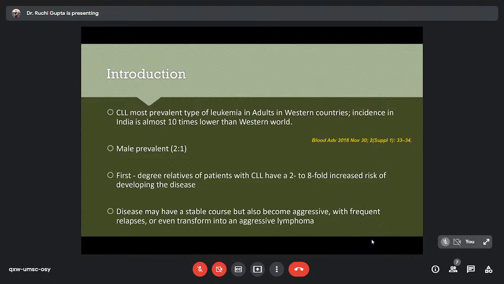And though the disease has a very stable course, with time, as more and more additional genetic abnormalities develop, the disease can progress to a more aggressive form. The clinician is not trying to completely eradicate the disease. It is just that it becomes kind of quiescent with treatment, and then there can be relapses. And as and when more and more driver clones or subclones evolve, it can transform into a more aggressive